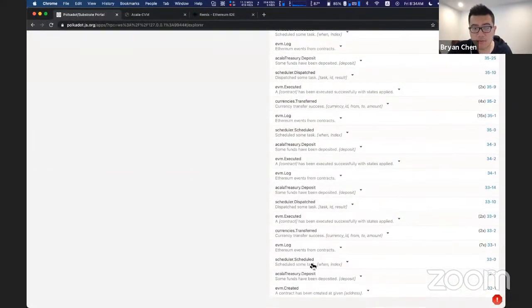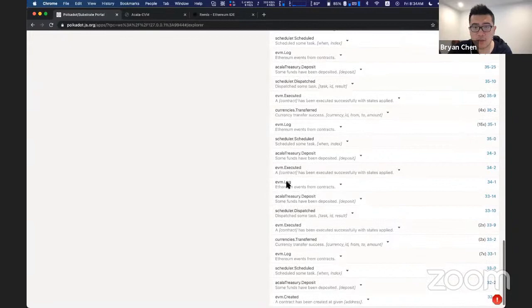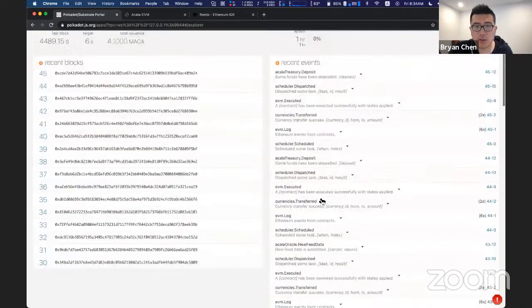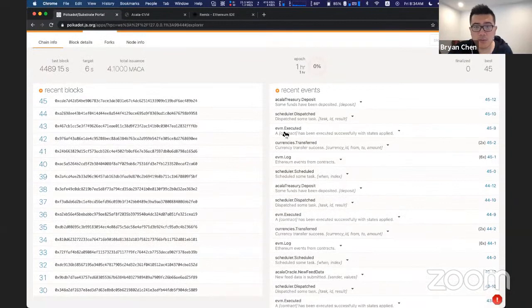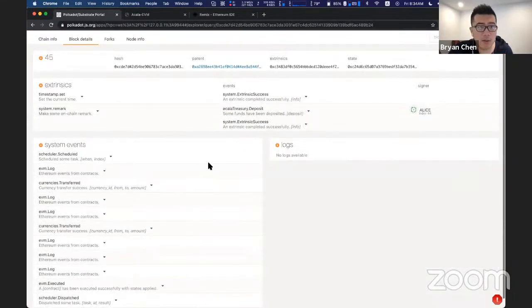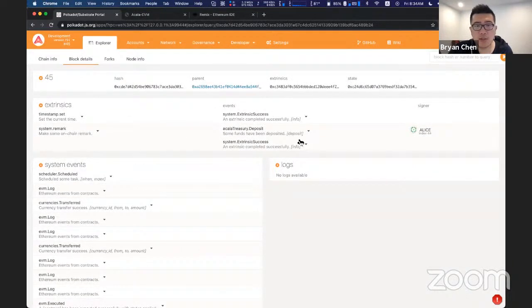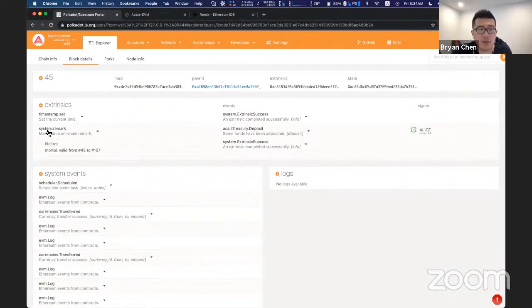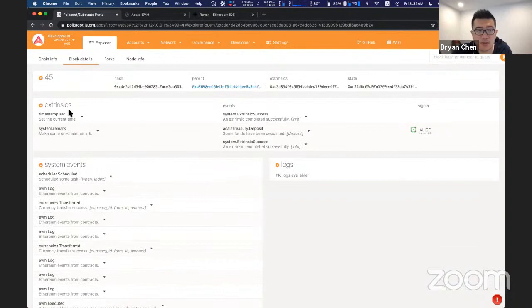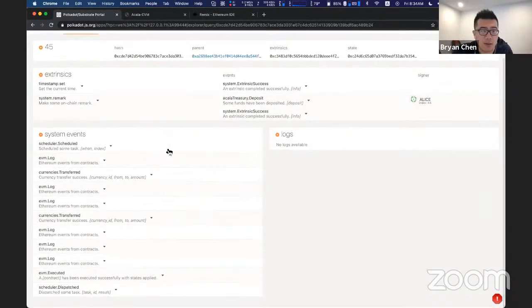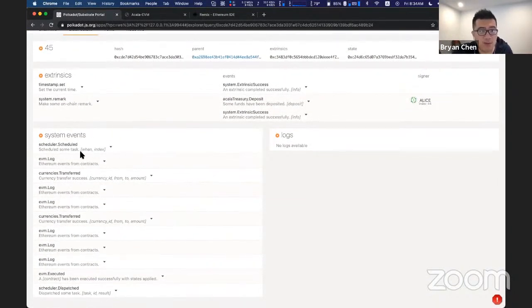So there's a bunch of EVM creates. So let's deploy smart contracts. There's a create smart contract, and then you can see, well, probably just pick some example. Maybe this block. So in this block, you will see there are no actual transactions. There's only a system remark, the dummy transaction to trigger the block production. But actually with multiple,